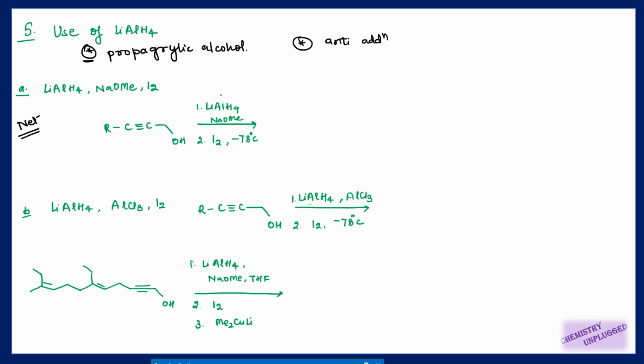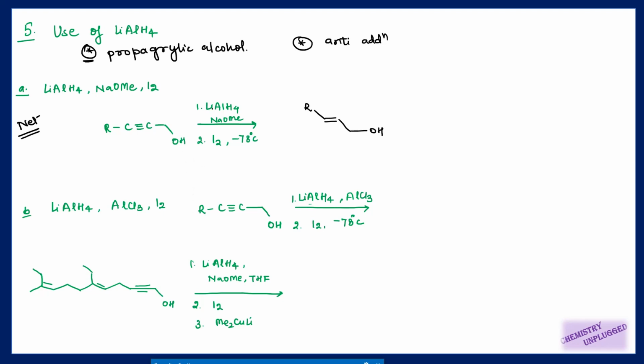Right. So anti-addition means, for example in this case, this R will go like this. Suppose on the upper side this will be your double bond, and this part of the carbon chain will go in the anti position. There will be an anti-arrangement, right? And then we are using this iodine. So one H from this lithium aluminum hydride can attach at this place, and I can attach at this place.